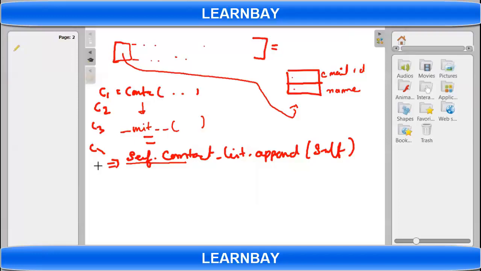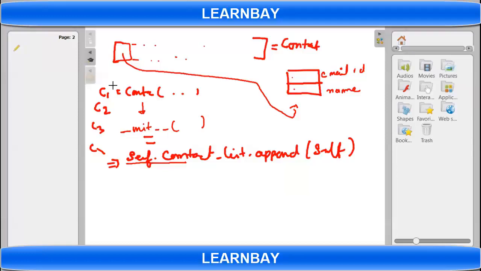There is no memory for it. So you mean to say that when you write self.name and self.email in init, only at that time it creates those variables for that object, right?